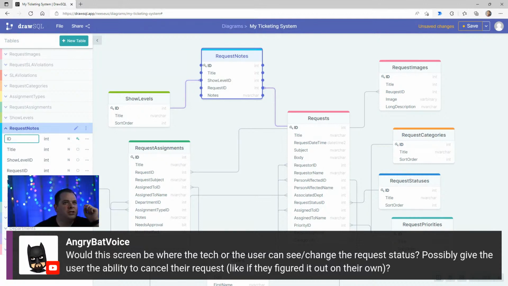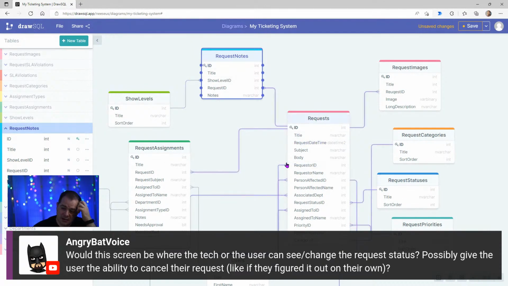Whenever a ticket changes status, I think somebody should be prompted to enter notes. So if somebody tries to close this, change the status from open to closed, they should have to put in the notes, be prompted to it, and then